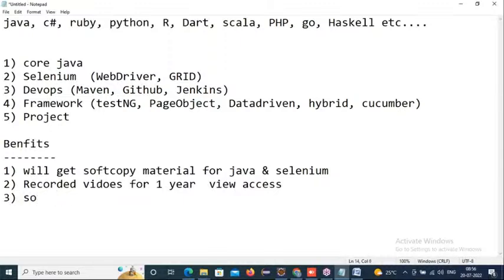Daily whatever programs we develop for the Java and Selenium project, every source code I will commit in GitHub server, which is a repository